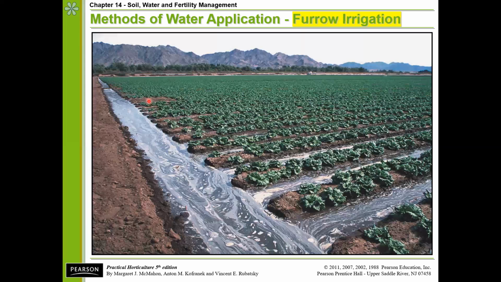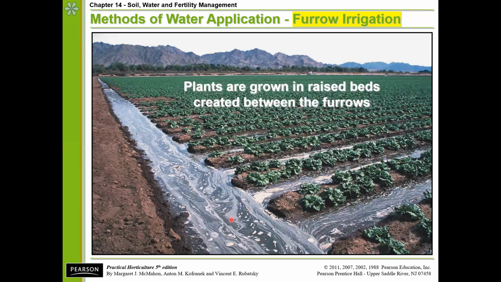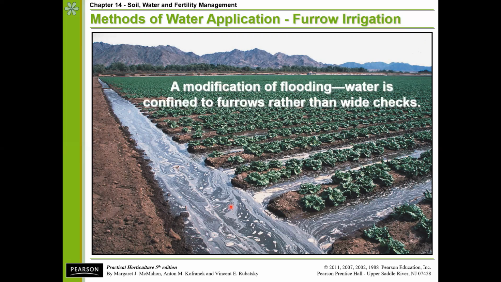And maybe we use a lister attachment to have these higher mounds of soil to create these furrows. And then we're flooding the ditch itself, and then water is flowing into those furrows, kind of confined to them rather than the whole cropping area. And that's much better, I think, for the plant as well as for any water quality issues,